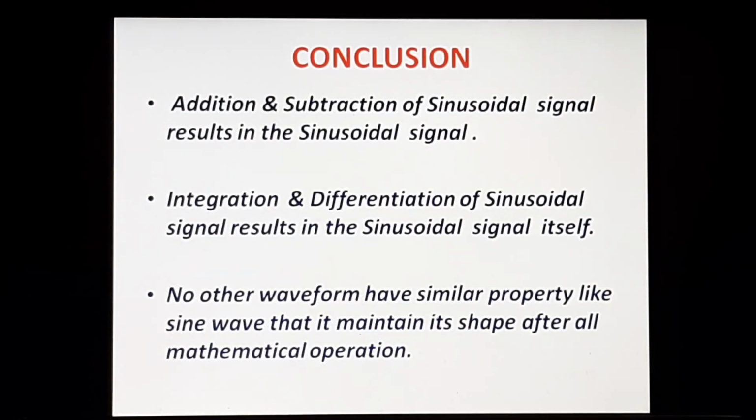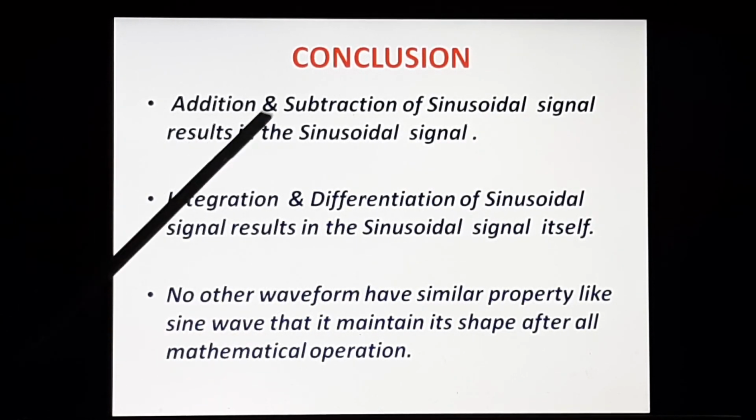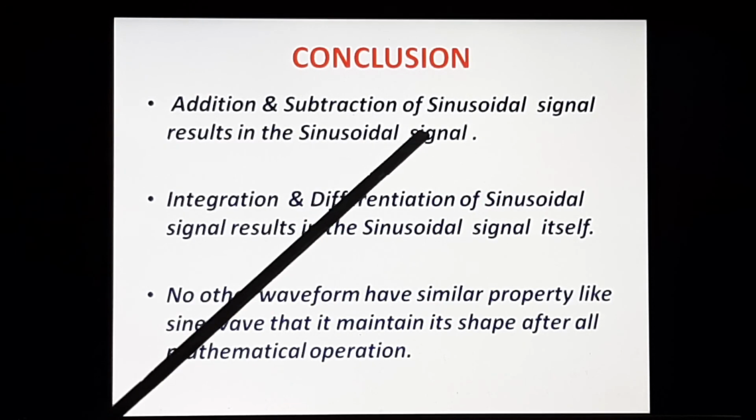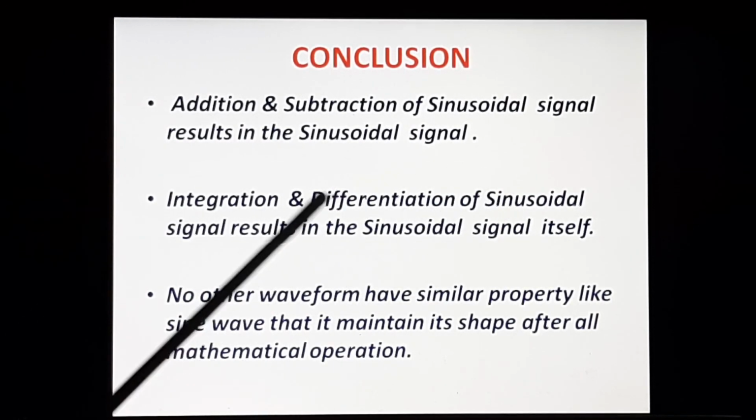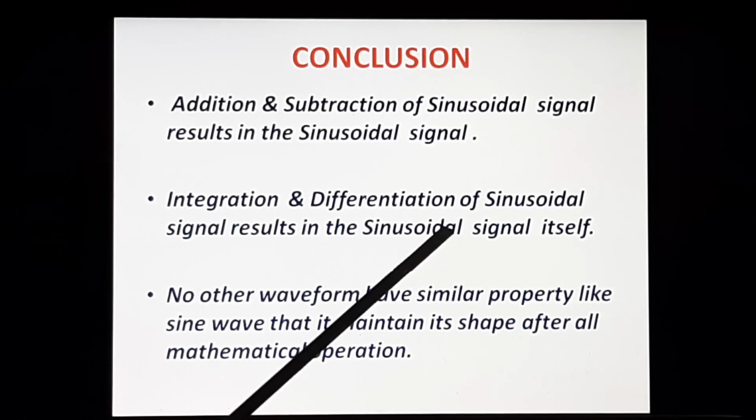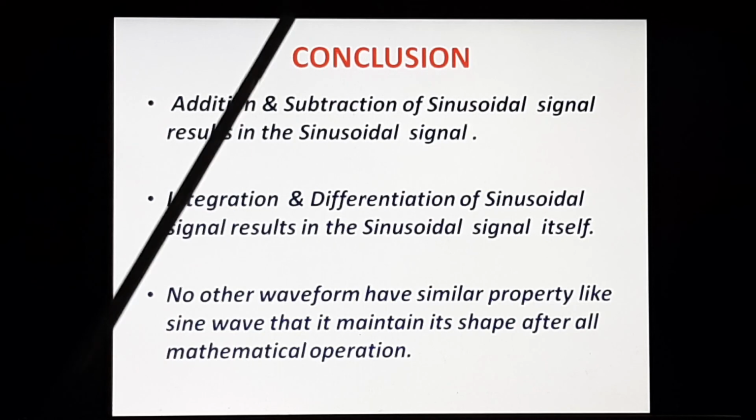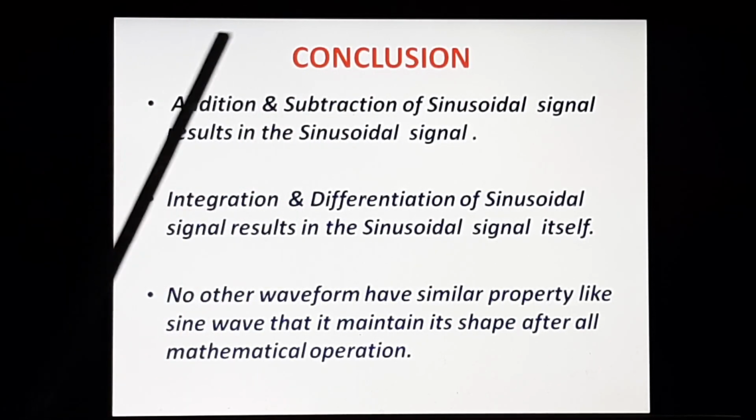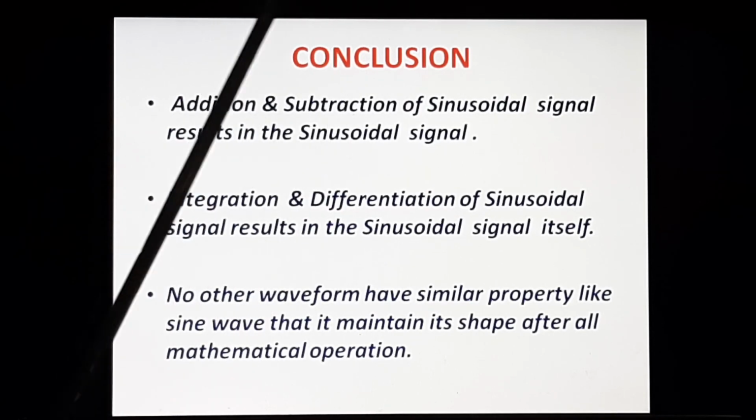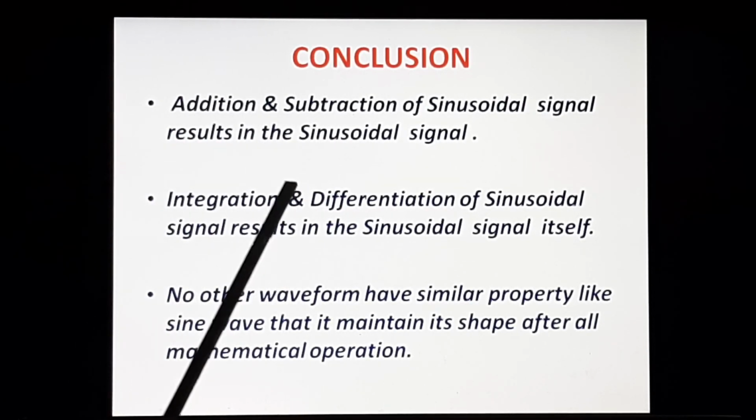So what is the conclusion of this lecture? The conclusion is addition and subtraction of the sinusoid signal results in the sinusoid. That is the most important thing. Second, integration and the differentiation of the sinusoidal result in the sinusoid signal. So that is why sinusoid is the only signal that can remain same in the shape, though there is a change in the magnitude. So that is why this is the main reason why we are using sinusoid in the